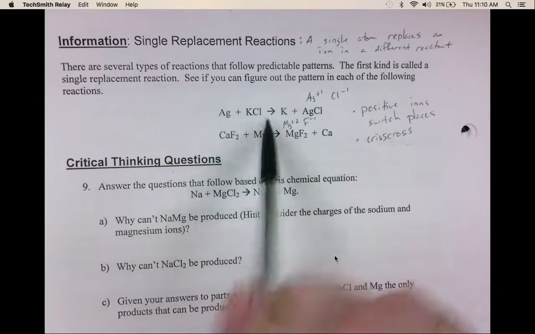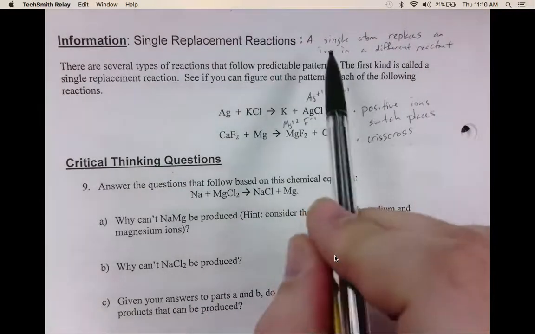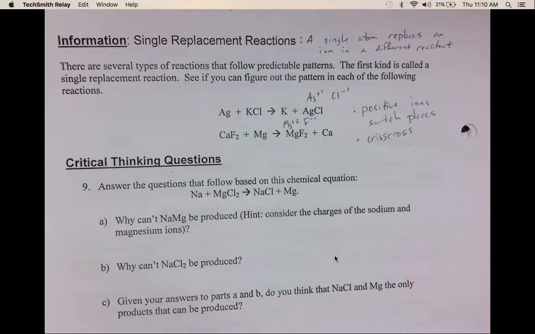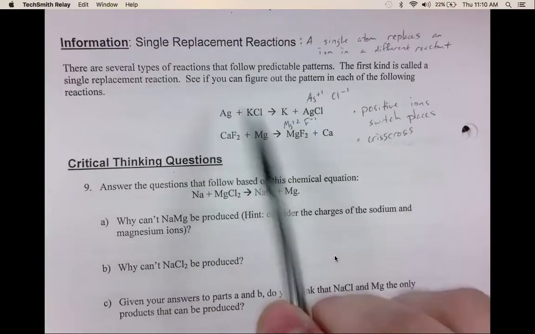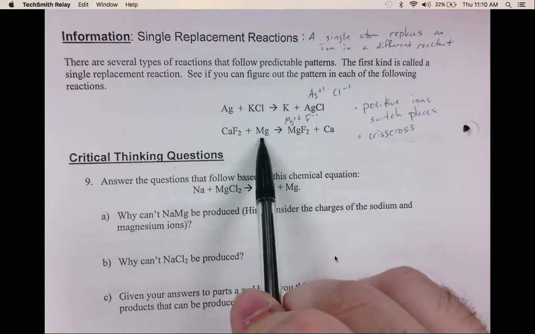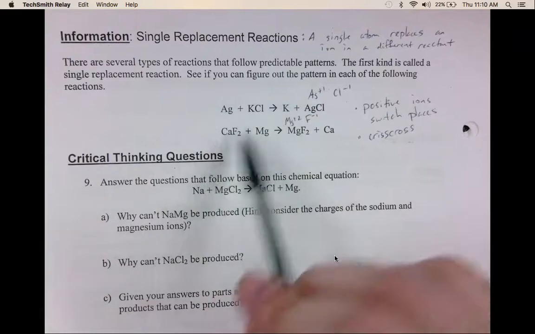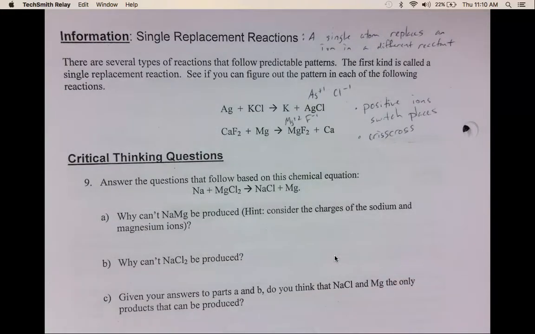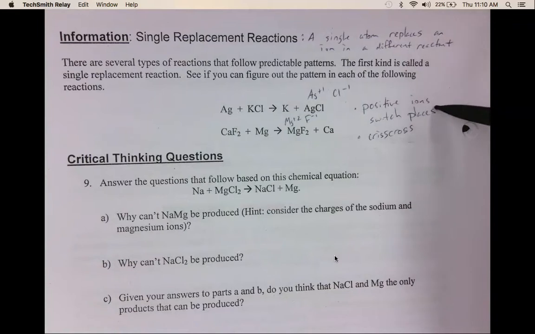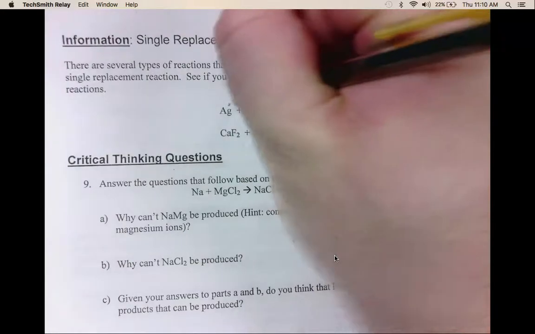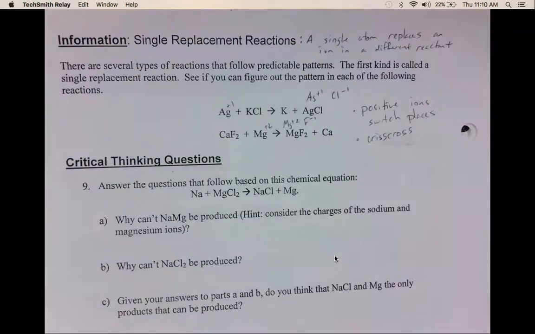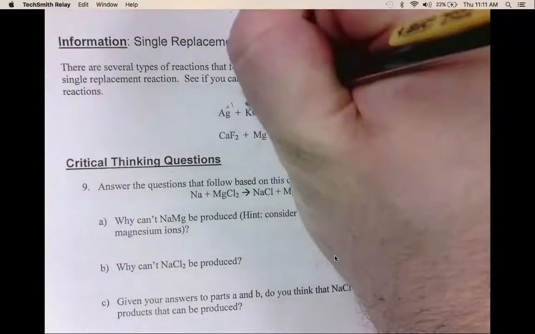So we can look at these two examples right here. If we read what it says, a single atom replaces an ion. So we know that this single atom, silver, this single atom, magnesium, needs to replace one of the other ions in the reactant. One thing I will tell you is that the positive ions will switch places. So silver has a +1 charge, magnesium has a +2 charge. In this case up here,